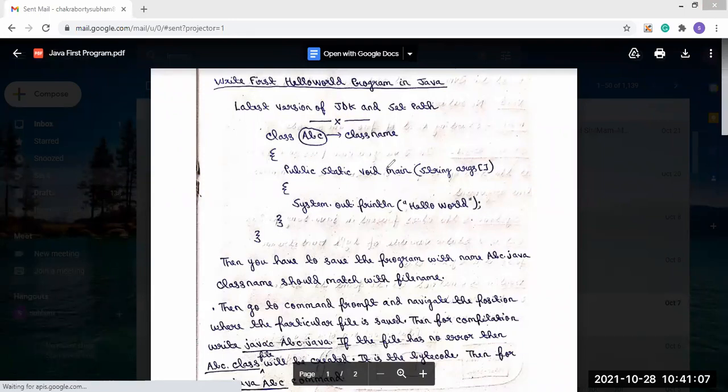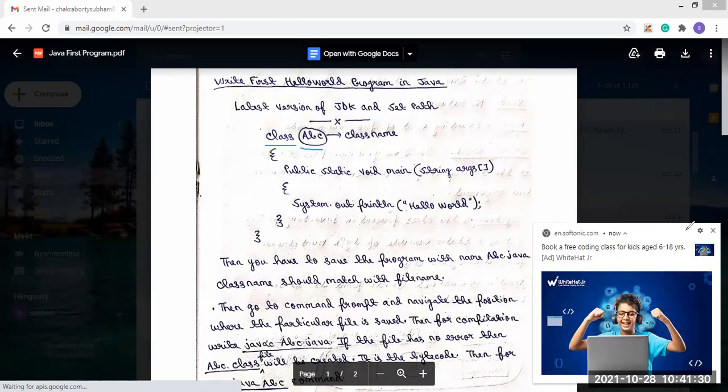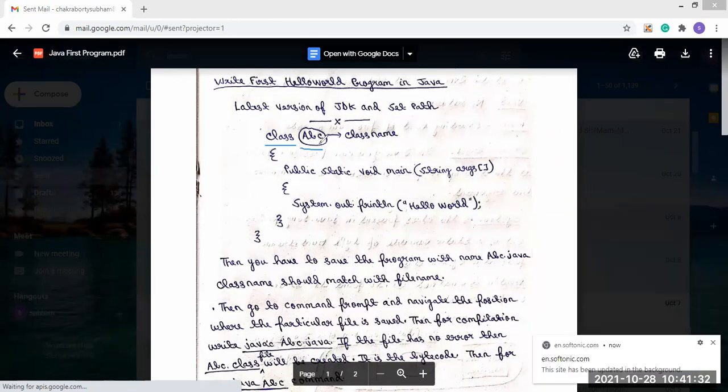In this simple program, you see how we can write. First, the class keyword should be used, and after that the name of the class should be there. Here I have used ABC. You can give any name. So first the class keyword, and after it the class name.